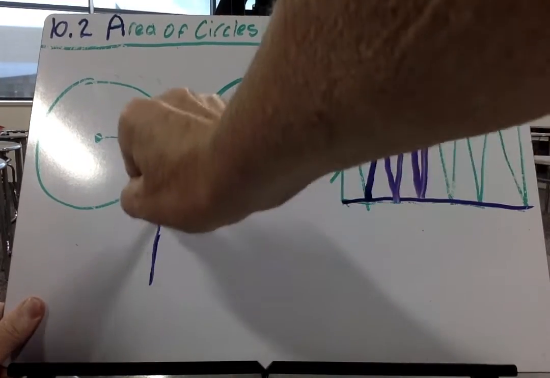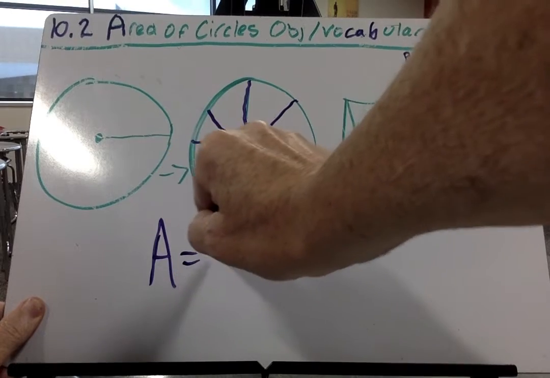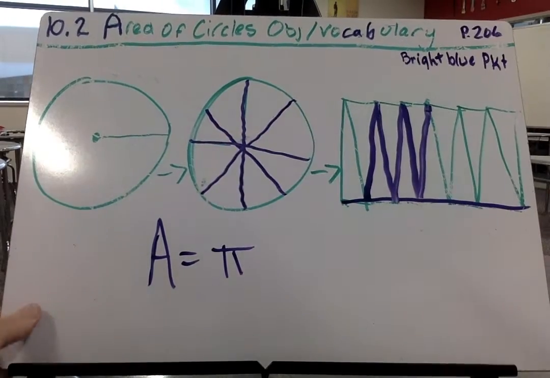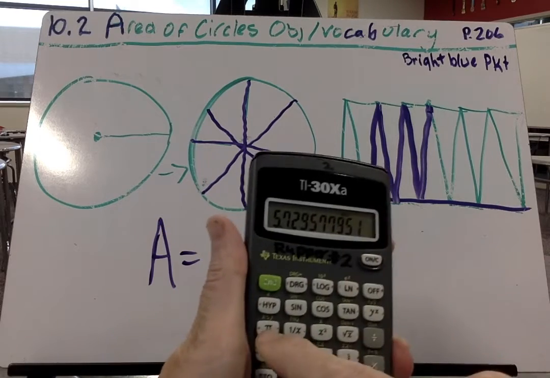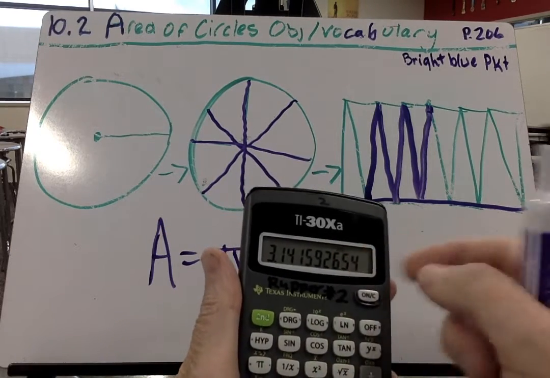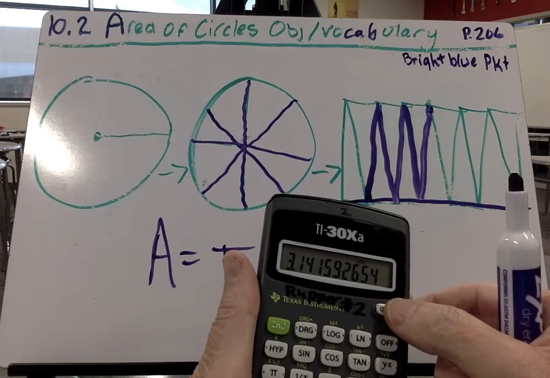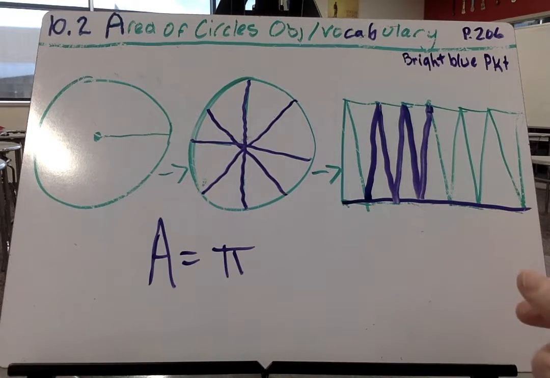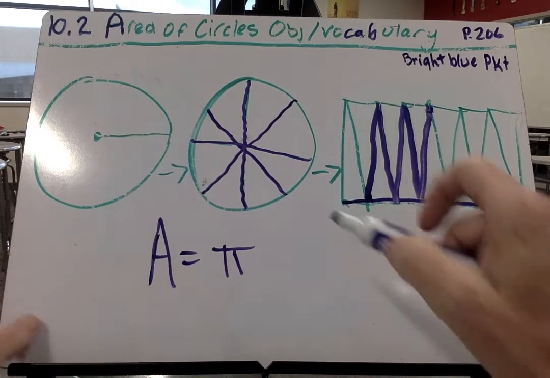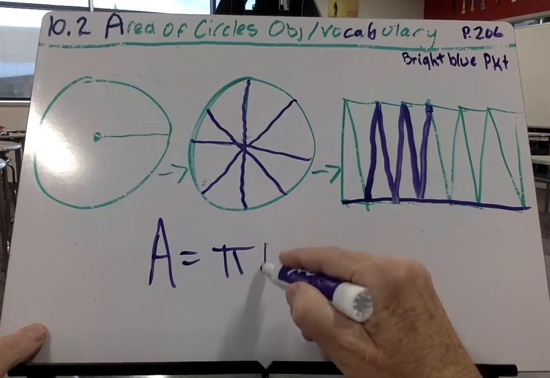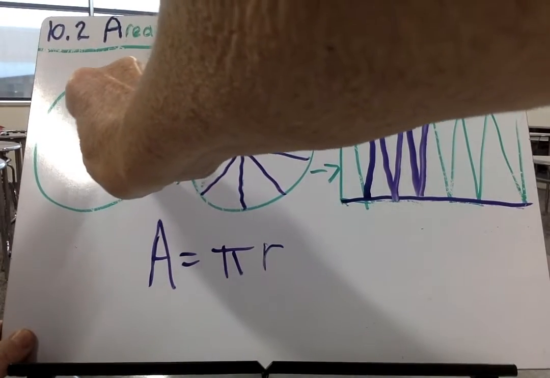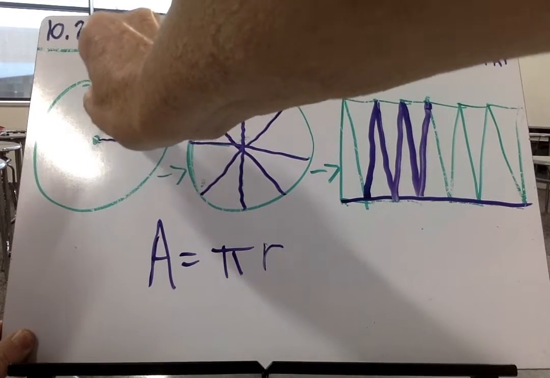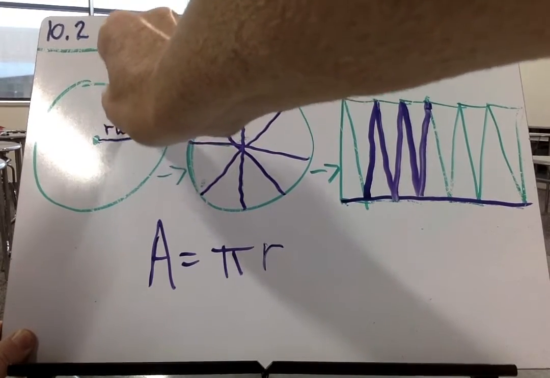And that is area equals pi. Remember what pi was? It's on your calculator right here: 3.1415926, and it goes on forever. We're just going to put pi times the radius. Do you remember what radius was? Radius is just from the center of the circle out. So this is radius